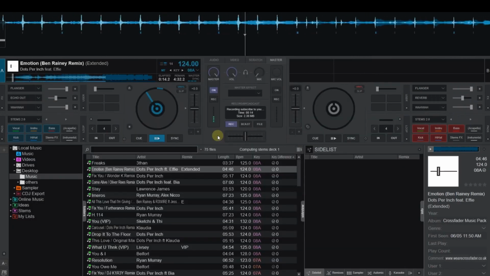When your mix ends, click the Record button again to stop recording and your file will be saved automatically to